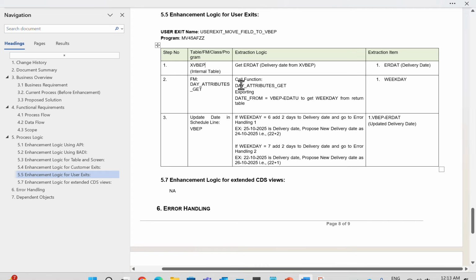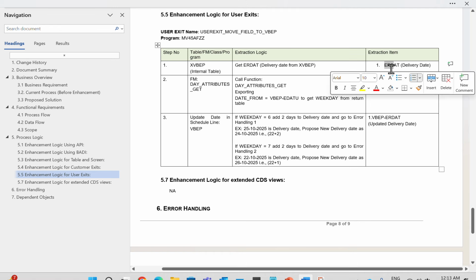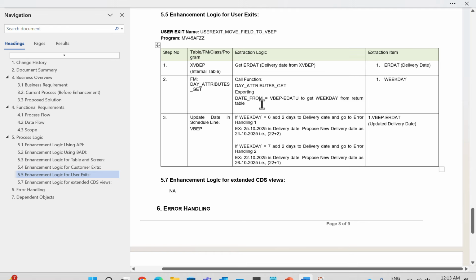Okay, based on validation. So first, this is the table XVBAP. From the table, what will I get? ERDAT, the delivery date I will get. So this is the extraction logic. So get ERDAT from VBEP. So the extraction item will be ERDAT. Okay. So once you get the ERDAT, then